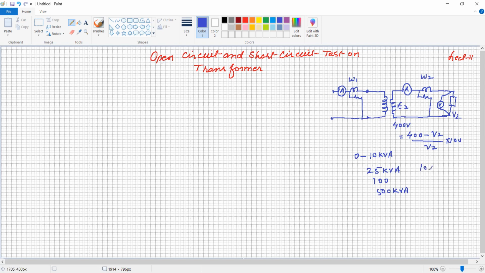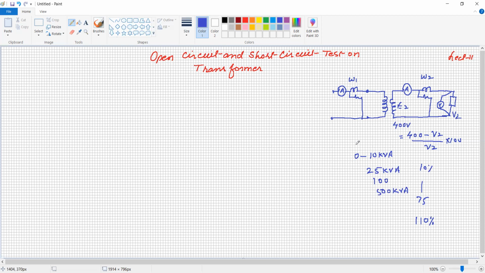It may be say 10% load, it may be 75% load, it may be 110% overloading capacity, or 10% overload capacity can be calculated. So open circuit and short circuit is the indirect method of testing a transformer where the capacity of the transformer is very high, which cannot be tested in the lab. Load is not available, power requirement is more. Again, the ammeter range, voltmeter range, you have to use some CT, PT measurement of current measurement to step down the current value, step down the voltage.